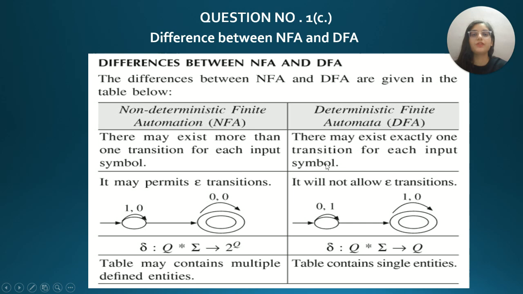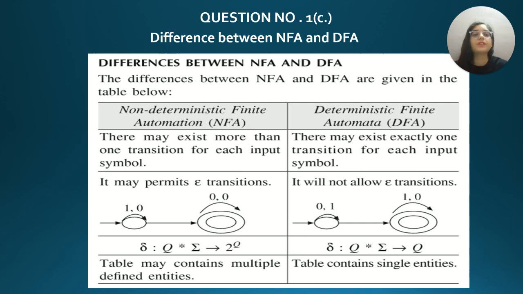The first part of the question asks the difference between NFA and DFA. NFA is non-deterministic finite automata and DFA is deterministic finite automata. Non-deterministic finite automata has more than one transition for each input symbol. As you can see in the diagram on the left side, it may permit the epsilon transition. That is, if we have 1 or 0, then it will go to the right,